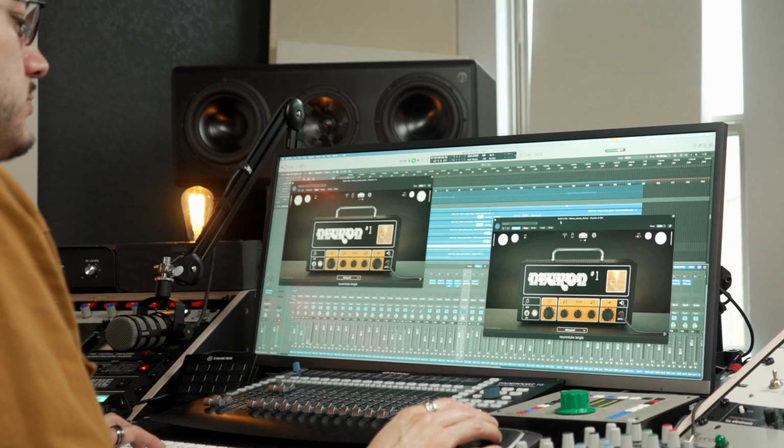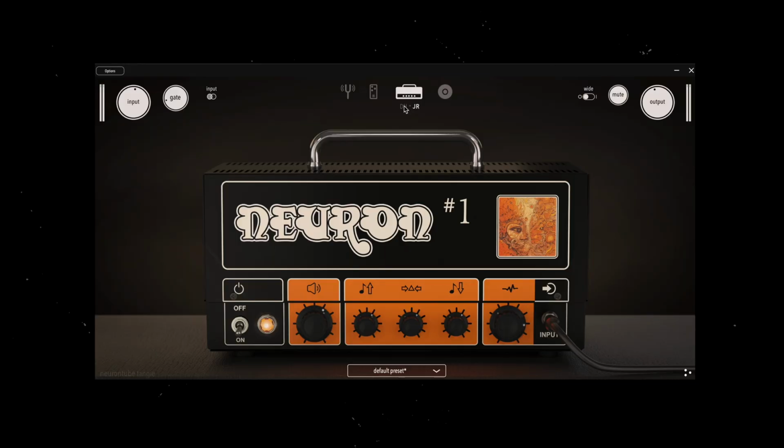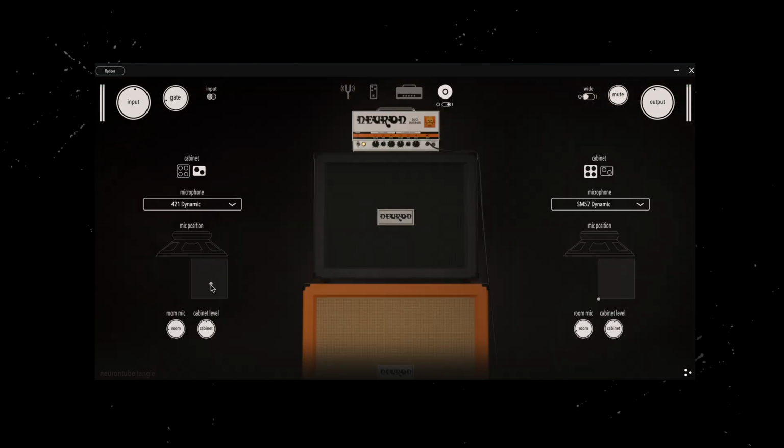The Neuron Tube Tangy from Audio Singularity isn't just a capture. What they did, which I really appreciate having had real experience with this amp, is they actually modeled the circuits so every knob reacts just like the real amp. It comes with 2 Orange amp recreations, 4 built-in pedals, and a smart cab section that reacts naturally to mic